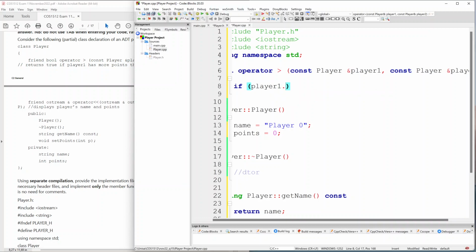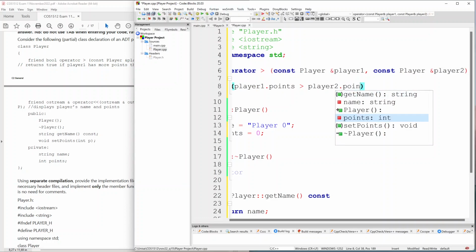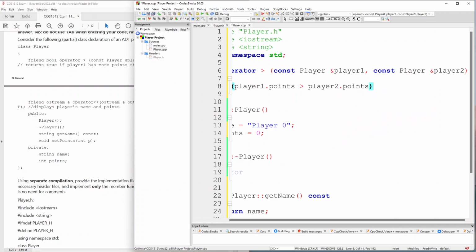If our player 1 dot points is greater than our player 2 dot points, so I'm going to just choose player 2 dot points,